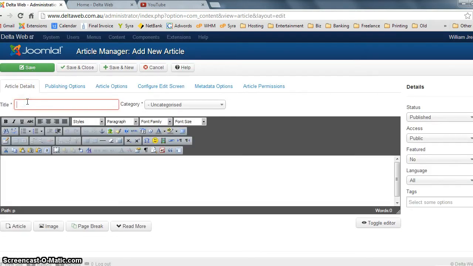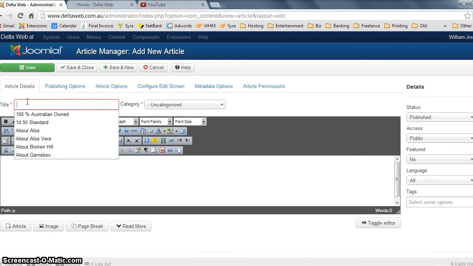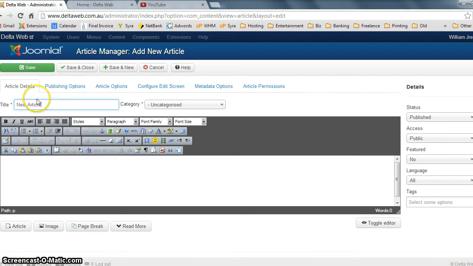And you give the article a title. So think of it as a page. So let's say we'll call it New Article. And then give it some text. Now this is plain text. Now always when you want to put a heading,